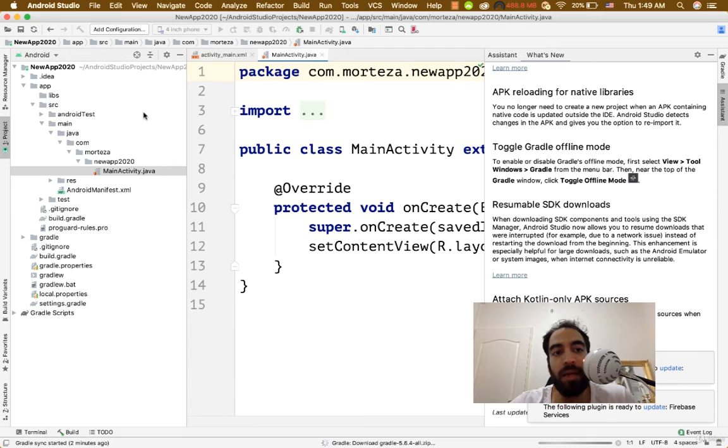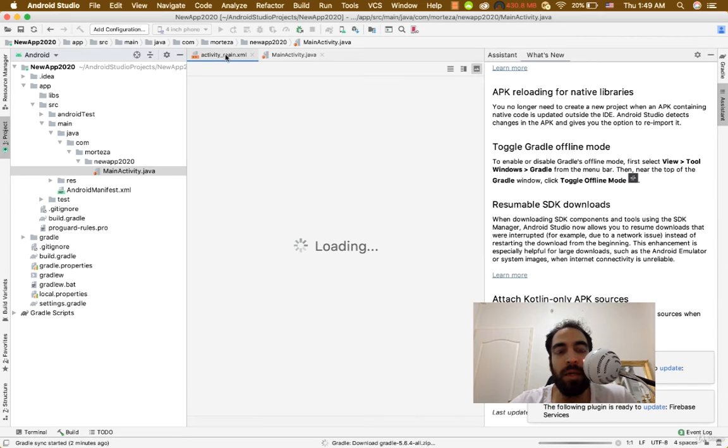So the next thing that I'm going to talk about here is this activity underline main.xml here. As you can see, because of this Gradle, it is loading. So sometimes when you are developing applications, your Android Studio may get confused a little bit, okay? In those cases, don't panic. There are some tools that will help you to let the Android Studio to come to itself, to become ready,